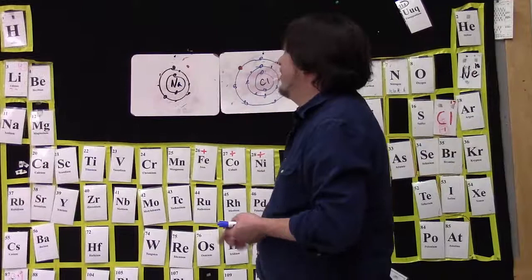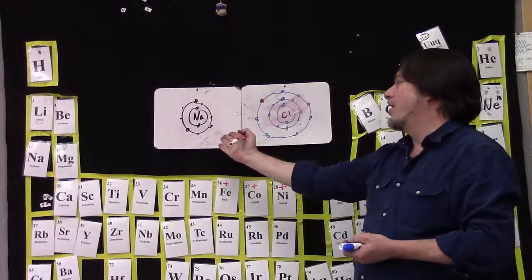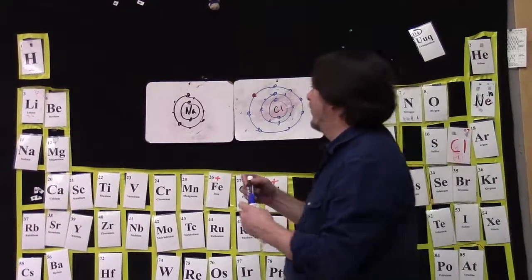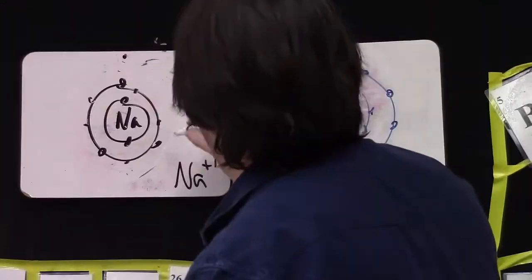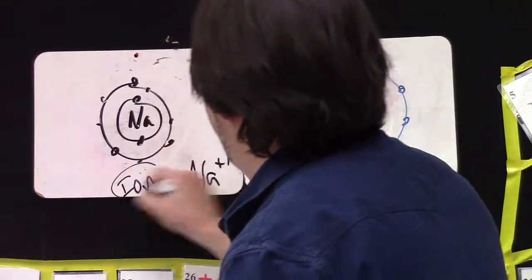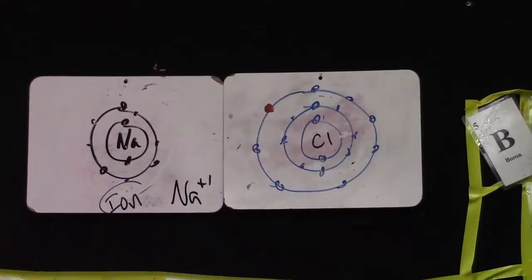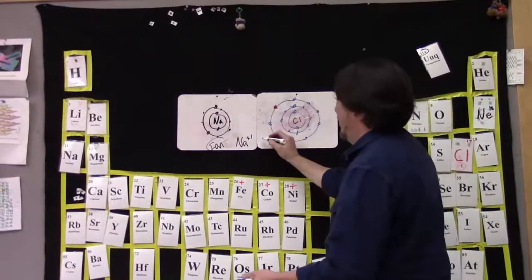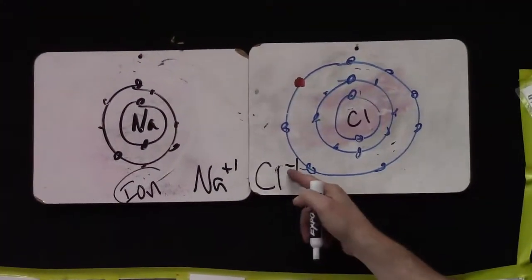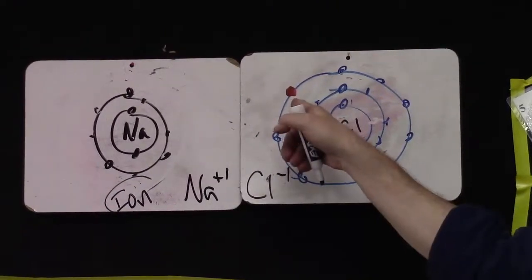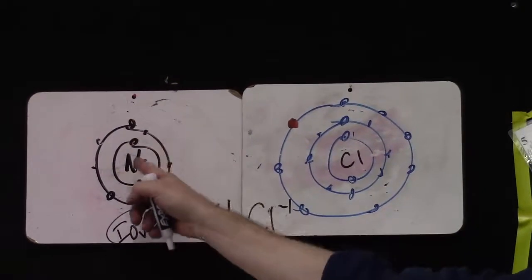So here you are. You've got 11 protons and 11 electrons. You take a negative electron away. What are you? Positively charged. So this becomes a sodium plus 1 ion. And an ion is just a word for an atom that loses or gains an electron. And then chlorine, of course, has gained an extra negative, so it becomes negatively charged. So it's Cl minus 1. Because you have an extra negative charge, you're negative 1; sodium has 1 less negative charge, so it's positive 1.